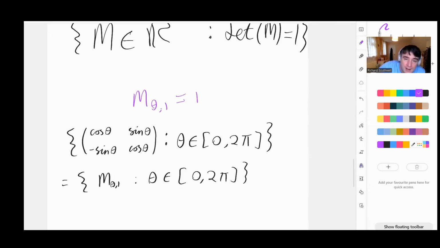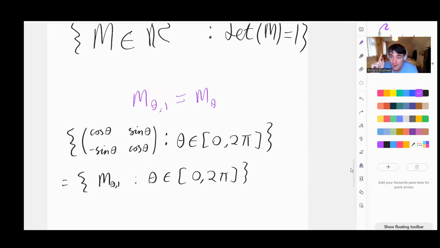I'll sometimes just write that as m theta. So I don't write that the capital R absolute value is 1. That should be clear. But it's easy to see that a matrix of this form, of which this is shorthand,